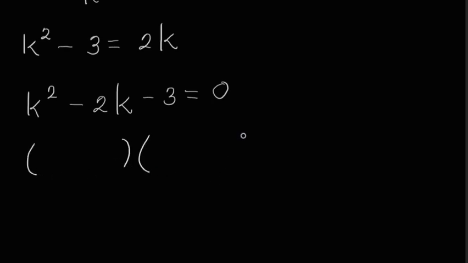Remember, how we go about doing this is we will have two brackets. Each bracket will contain a binomial. We have k squared, so each bracket gets k and k. We now look at factors of the last term. When we multiply them, they must give us negative 3, but when we add them, they must give us negative 2. Factors of 3 would be 1 and 3, since it is a prime number. And with the sign manipulation, we should have a positive 1 and a negative 3. So if we just check this out, positive 1 times negative 3 gives you negative 3, and 1 minus 3